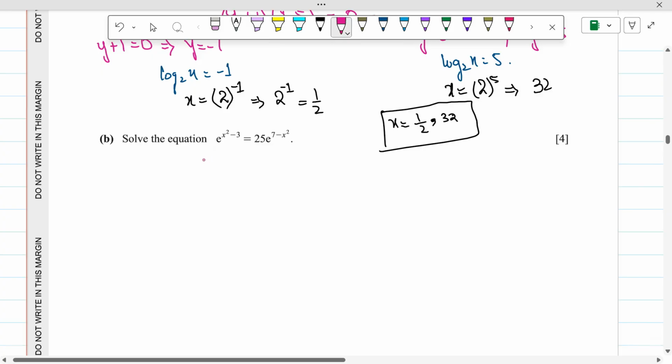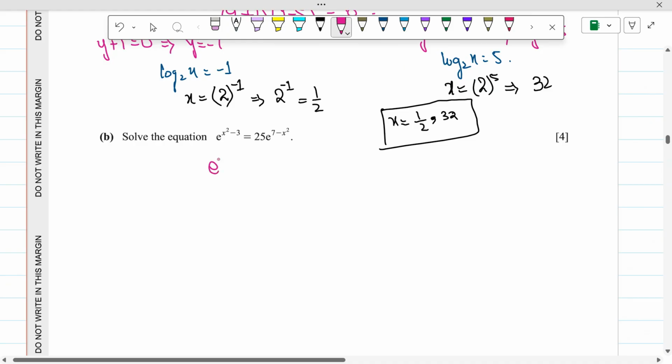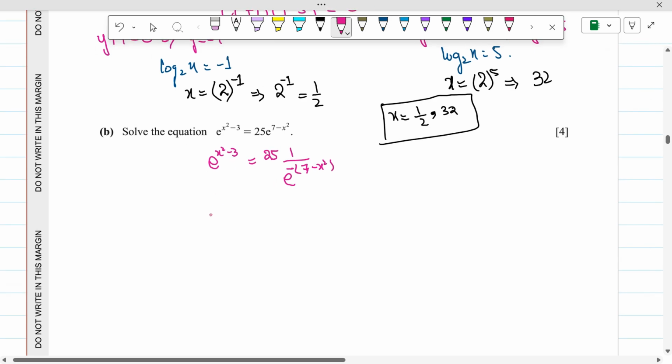Part B, solve the equation exponential of x square minus 3 is equal to 25 exponential of 7 minus x square. Exponential of x square minus 3 is equal to 25 over exponential of negative. When we reciprocate this value, we will have negative 7 minus x square. By cross multiplying, we will have exponential of x square minus 3 times exponential of negative 7 plus x square